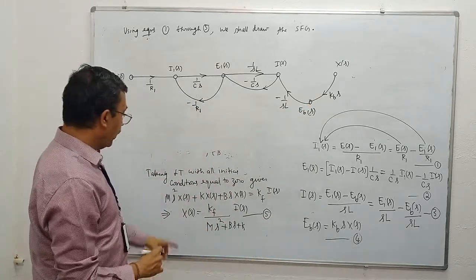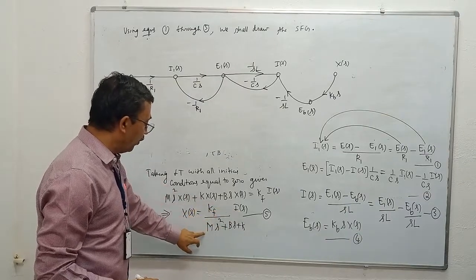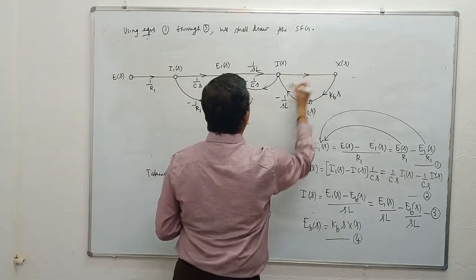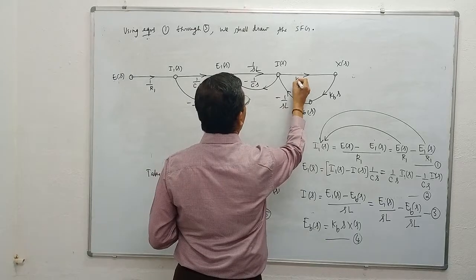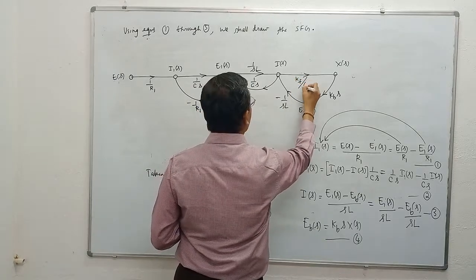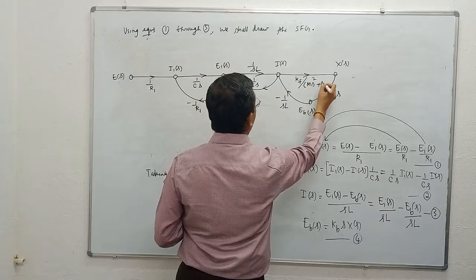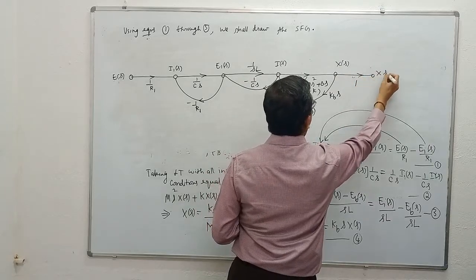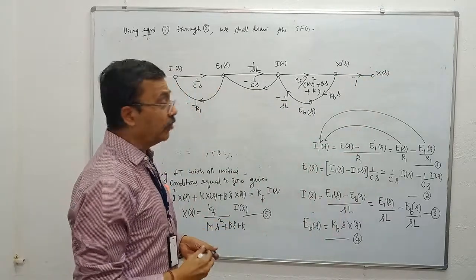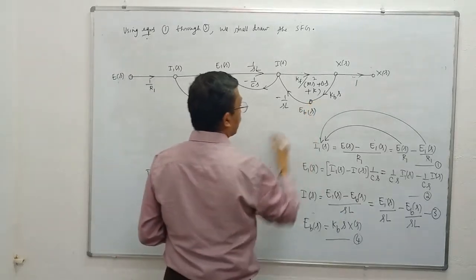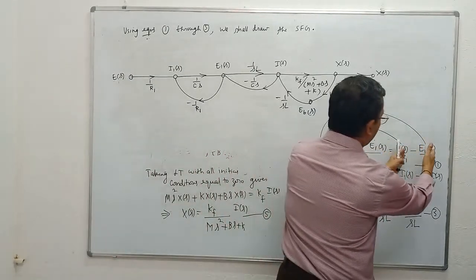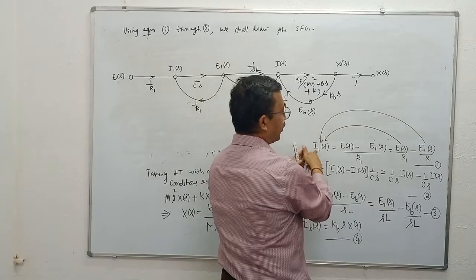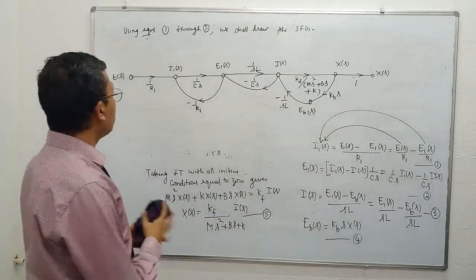Come to equation 5. I of s multiplied by Kf divided by ms square plus Bs plus K should enter X of s. So take I of s, multiply that by Kf divided by ms square plus Bs plus K. X of s multiply by 1 and call it as X of s. This is done to meet the definition of output node. So the concept is the terms on the right side of an equation represent the signals that enter the node on the left side. So this is how the signal flow graph is drawn.